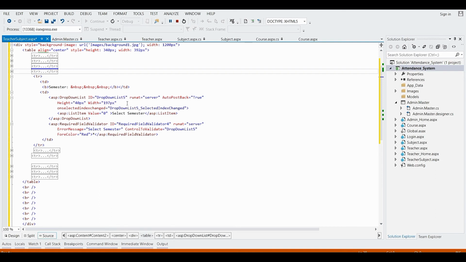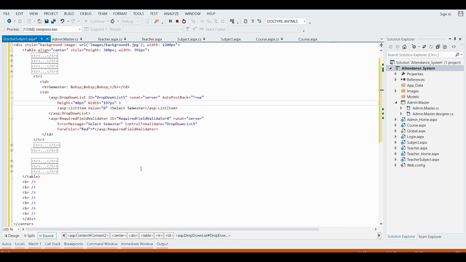In the drop-down list, I have given auto postback equals true, height 40 pixels, width 197 pixels. In the drop-down list, I have taken one list item with the value 0 and the text select semester.